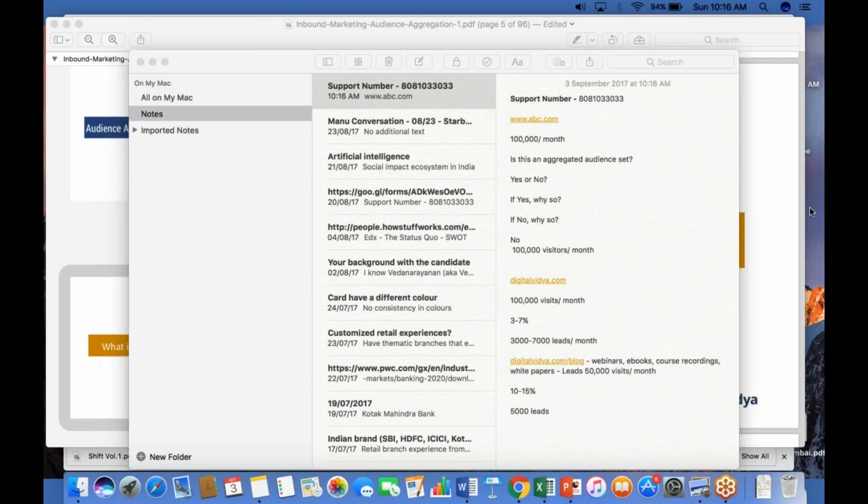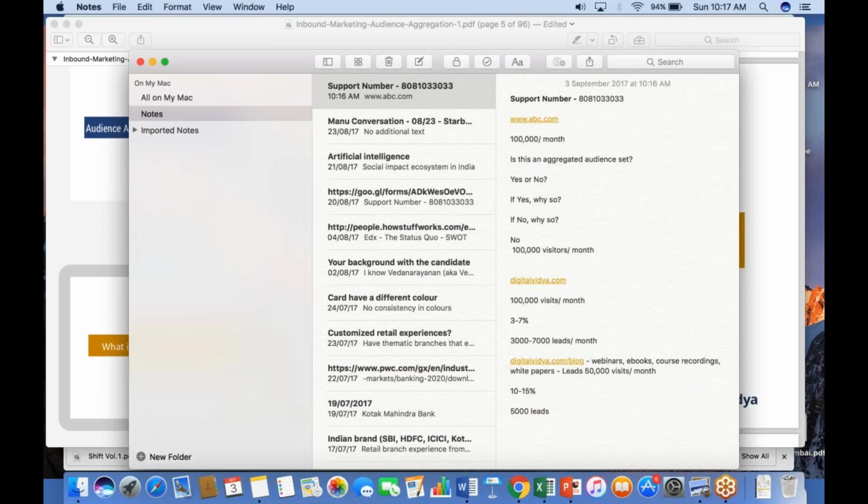Is this clear? By leads, I mean people who actually given you information, their demographic information, name, email address, phone number, and what is it that they're interested in. Are they interested in listening to a webinar, interested in downloading an ebook, say interested in purchasing a course by spending 20,000 rupees, whatever it is.